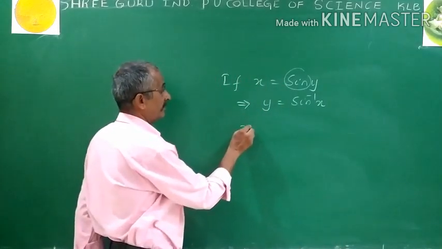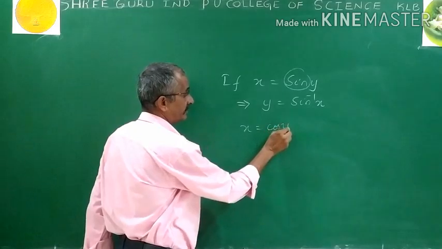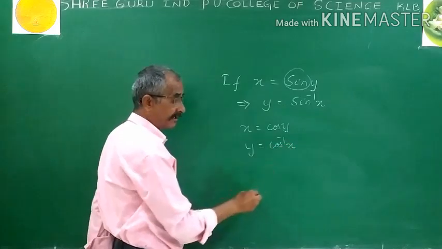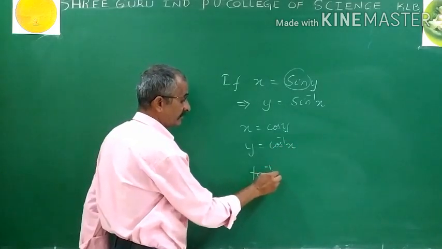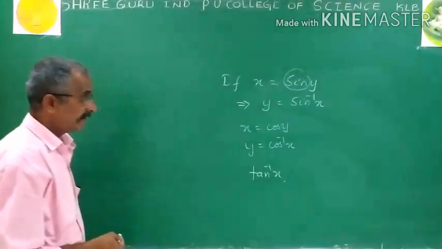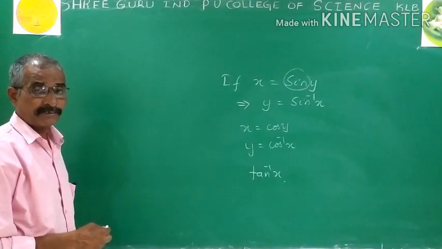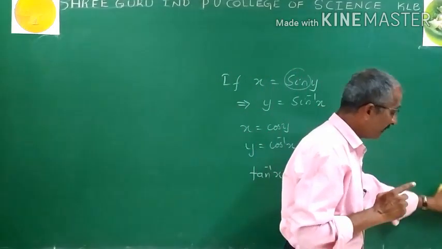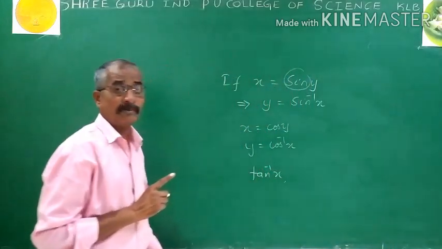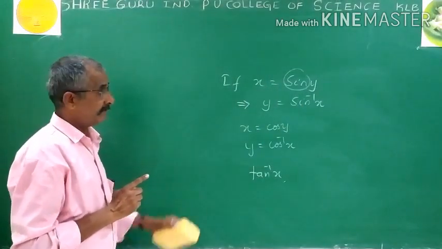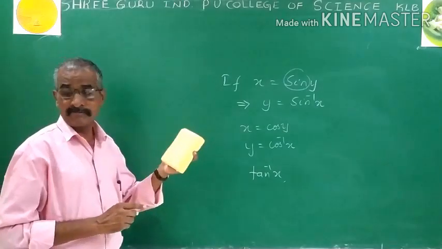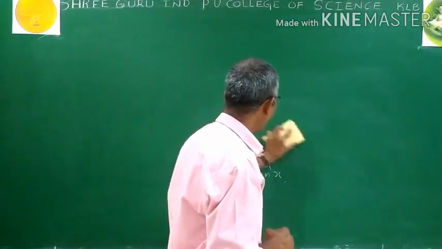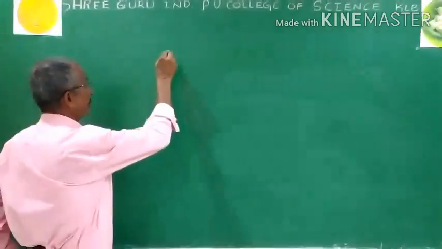Now similarly, if x is equal to cos y, then we say that y is equal to cos inverse of x. Similarly, we can define tan inverse of x, secant inverse of x, cot inverse of x, and finally cosec inverse of x. These are all called the 6 inverse trigonometrical functions, but they are defined in their domain and range. That you have to keep in mind very well. Now let us study how to find the differentiation of such inverse trigonometrical functions. But even then, you first write down the definition part. You write definition.